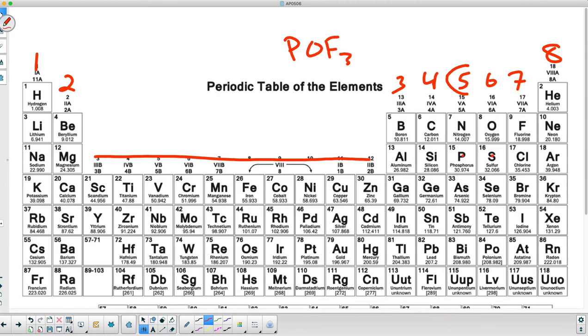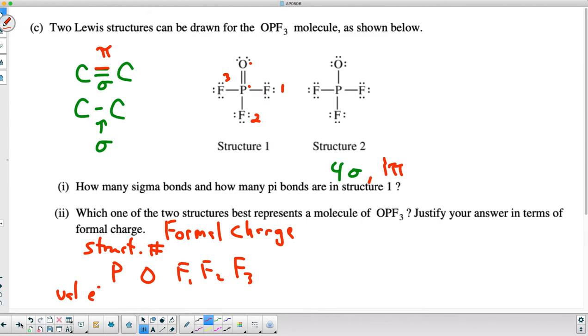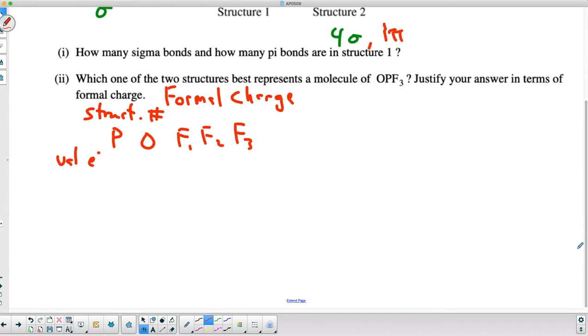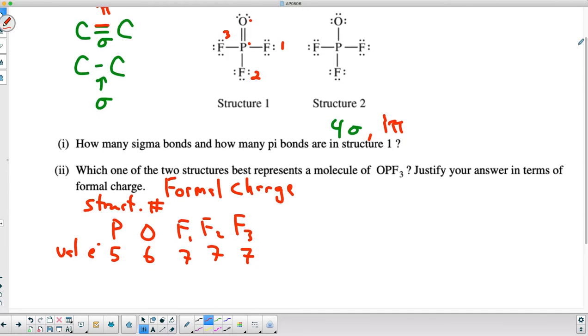So P is 5. I've got 5 valence electrons there. Oxygen is 6, and each of the F's is 7. That's where I'm getting these numbers for valence electrons, right on the periodic table. So when I go back here, I have 5 valence electrons, 6, 7, 7, and 7. Then I go back up to the structure and start to assign electrons to these elements. So for P,